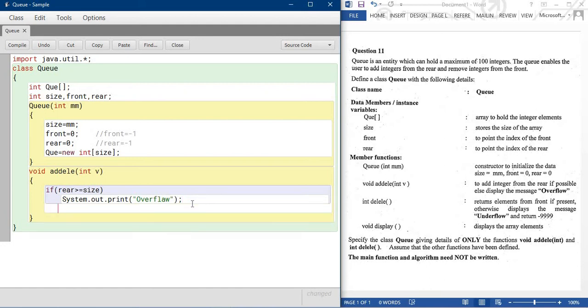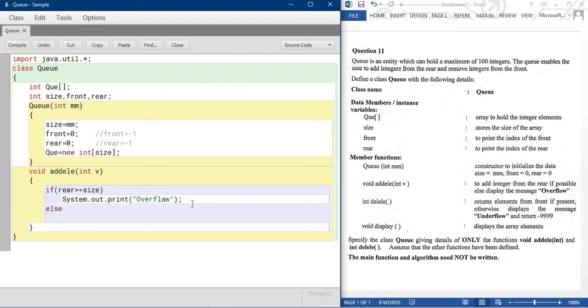So same way I'm writing the method, else. For entering a value, where we enter in the array, the array name is QE. Where I'm adding a value, the position, so sorry, 0 is here, so first we enter a value, then move to the next position. So rear++ is equal to V. Okay. And